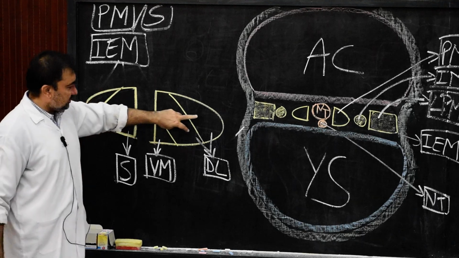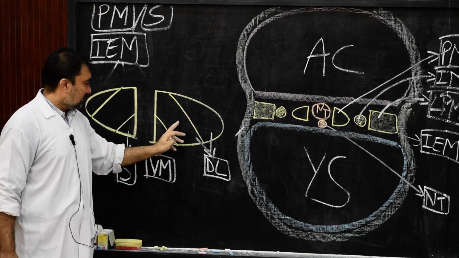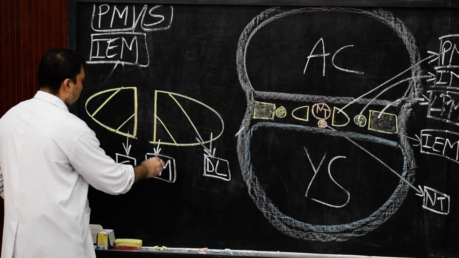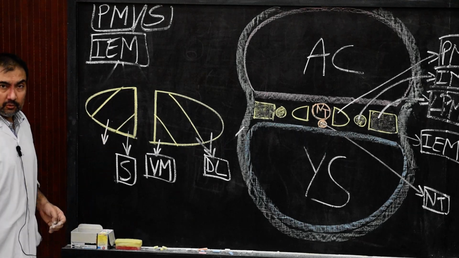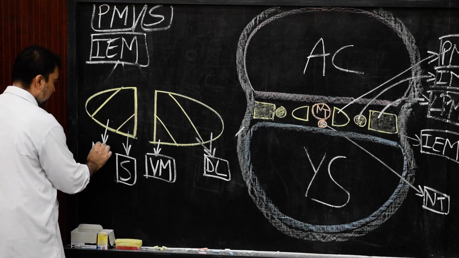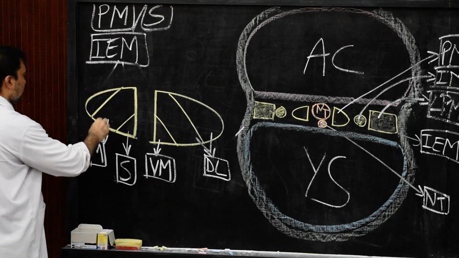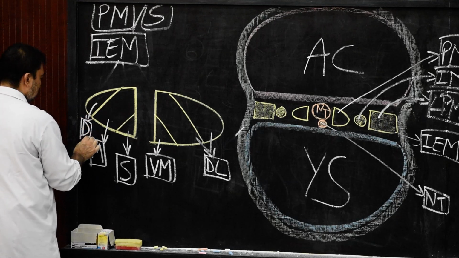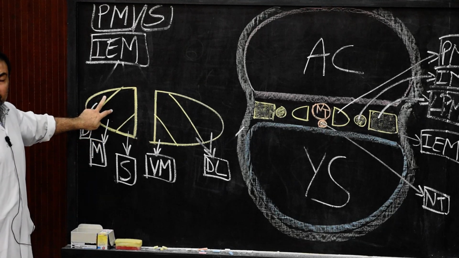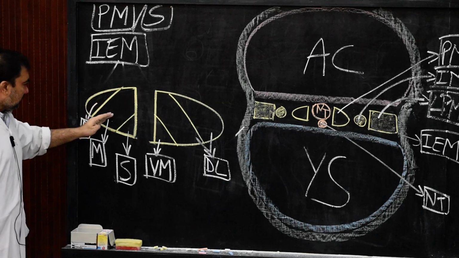Then these 2 dorsolateral parts are again divided into medial and lateral. This medial plate will be known as myotome, the myotome plate. And the lateralmost plate will be known as dermatome. So these 2 plates combined together are called dermomyotome. So the dermomyotome, which is the dorsolateral part of the somite, will divide into myotome and dermatome.